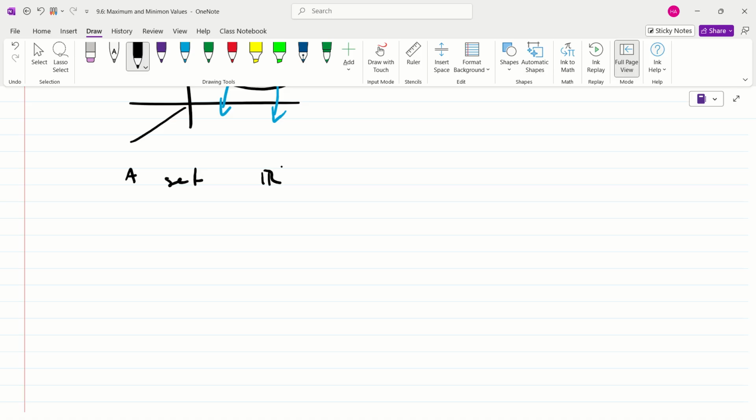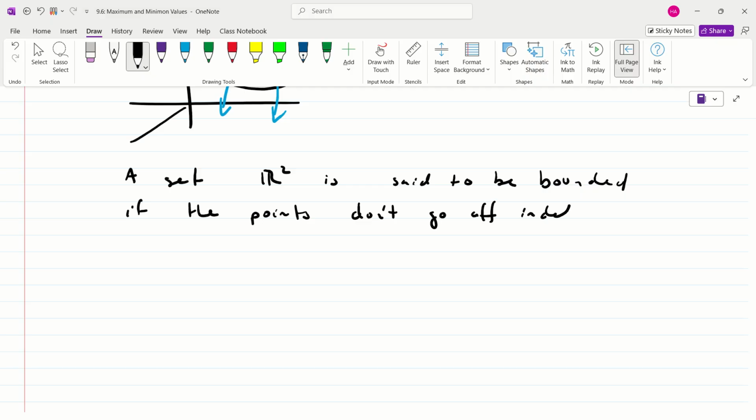A set in 2 dimensions, R2, is said to be bounded if the points do not go off indefinitely in any direction. This is a rather informal definition, but it gives you the main idea of what it means for a set